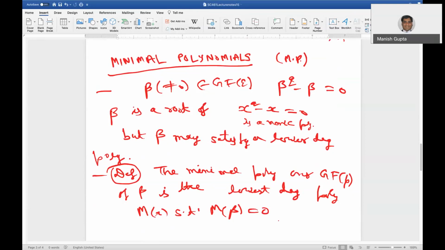This is known as the minimal polynomial of beta. So beta satisfies x raised to the power q minus x is equal to 0, but it may satisfy a lower